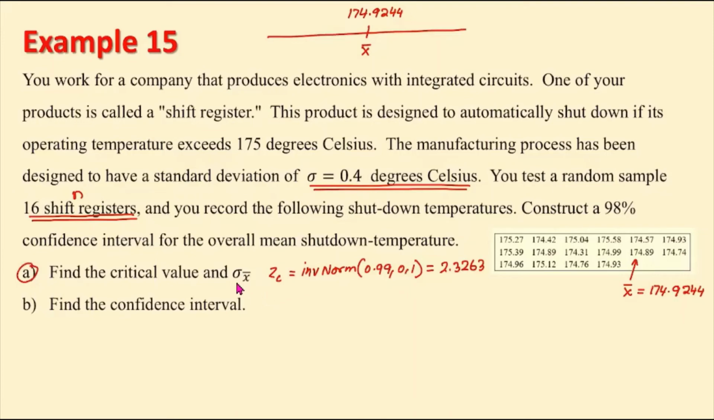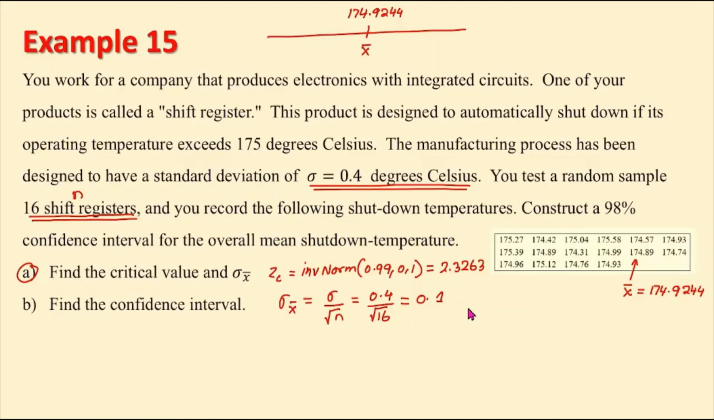The next one is we have to find sigma sub x bar. Sigma sub x bar, the standard deviation for the sampling distribution of the sample mean, also called the standard error for the mean, is equal to sigma over square root of n, which is equal to 0.4 over square root of 16, or 0.1. So that is the first part. We got the Z critical, and also we got this value. Now for part B,